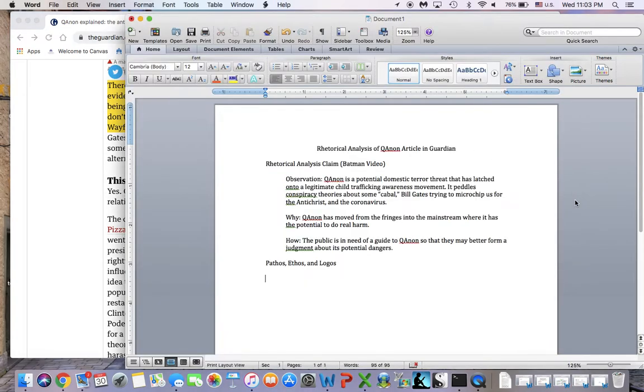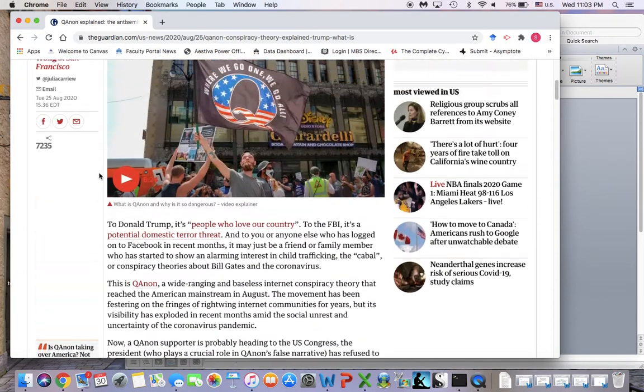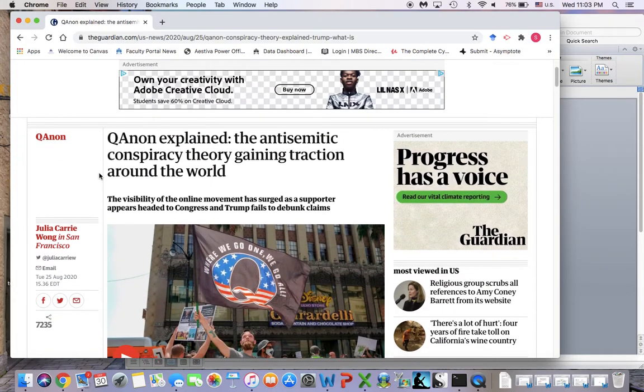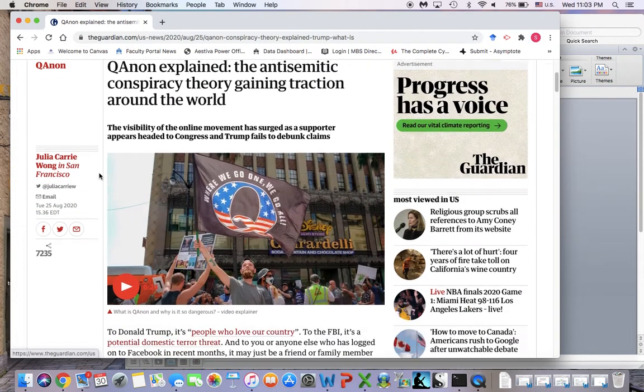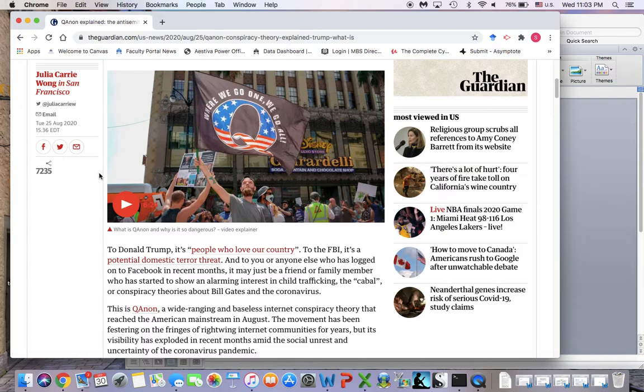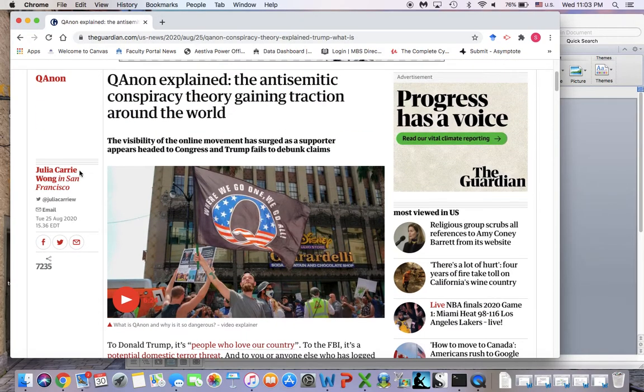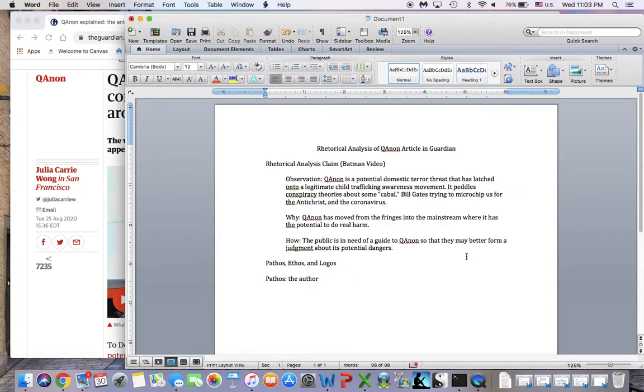So the first thing I notice is under pathos. The author, actually, can I see the name of the author? I want to practice what I preach here and make sure I get the name of the author. And there is no name given to us for the author of the article. Oh, no, I'm sorry. She's over here. I just missed her. Julia Carey Wong. Okay. I'm going to give her name once. Julia Carey Wong. Okay. Uses,